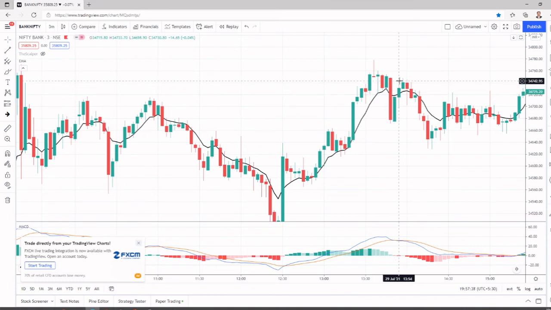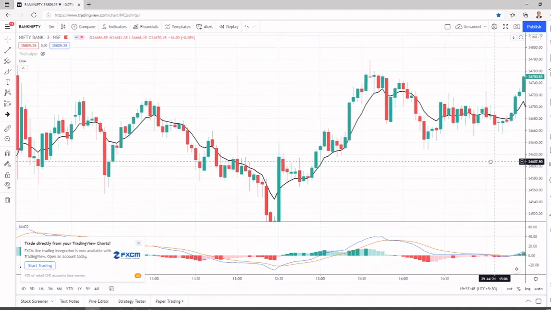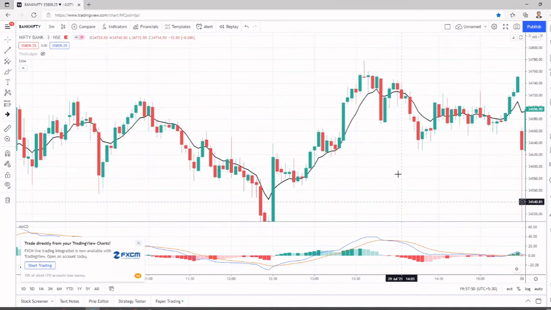Better book profit and come out. That is the thumb rule of scalping. No positional trading here. The positional trading setup is different. We'll be discussing it in some other videos, not now. Now again this one. Shall I short here? No, because MACD is above zero. Even though it is falling, I'm not going to short here. So shall I enter a long trade here because MACD is at zero?